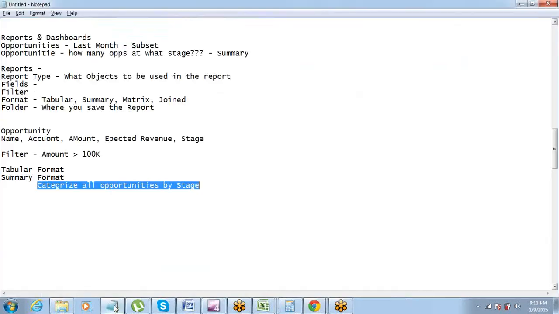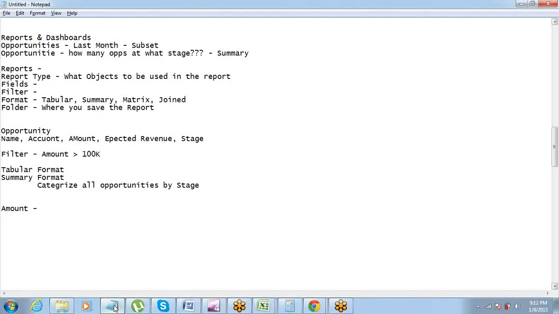Let's say you want to do it using amount. In amount, you can have any value. You can have 1, you can have 37, you can have 49, you can have 107. So here we cannot do it that way because there will be too many data points, right? Each data point is different. But in pick list we have a fixed number of values. So that is the reason why we are doing it with pick list.